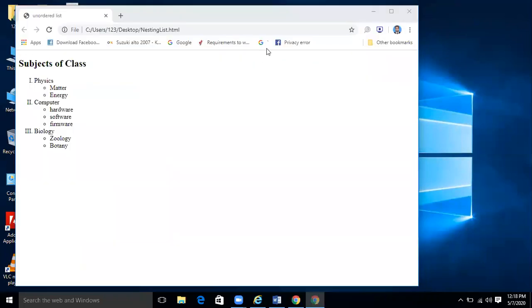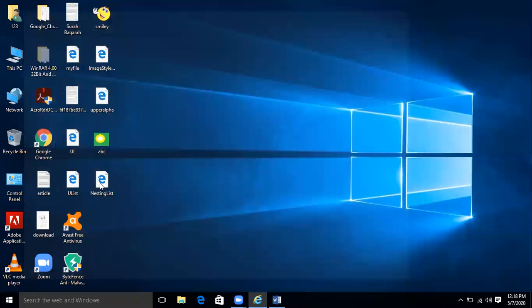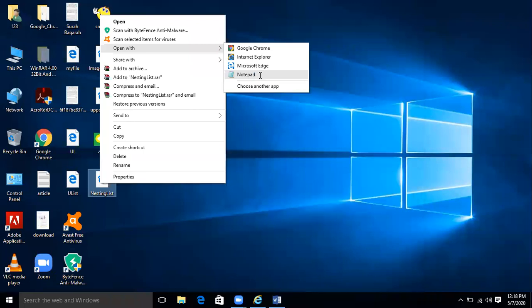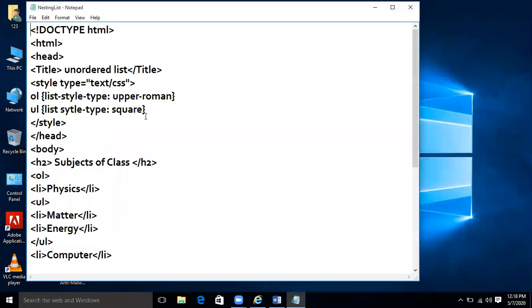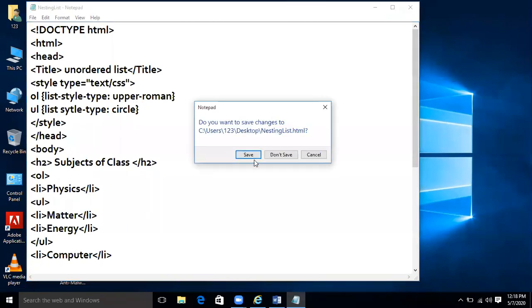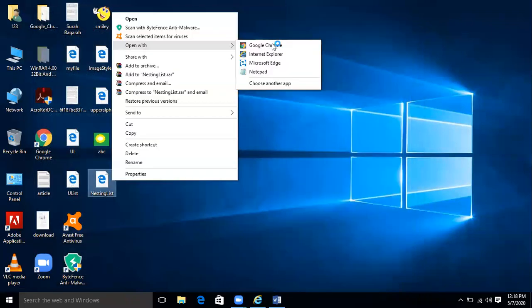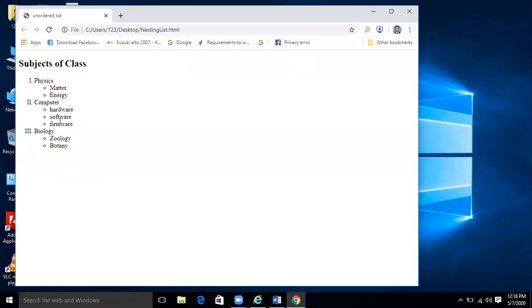Okay. Okay, square, S-Q-U-A-R-E, square is giving some problem over here. Anyway, we will try it once again. We change it back to the circle if it is not working. Okay, but the main concept is now clear. We have increased one point which is in computer. We have increased one nested point.